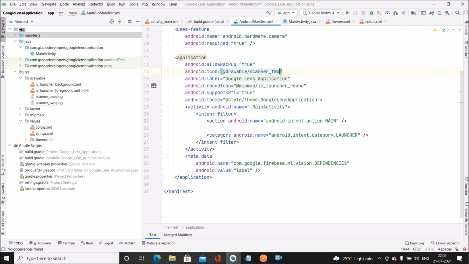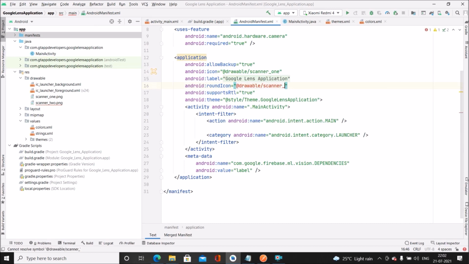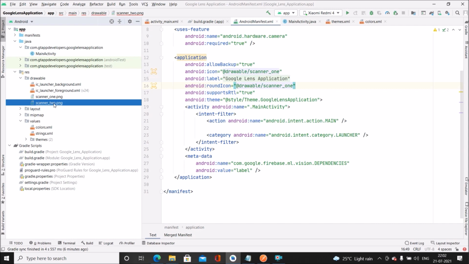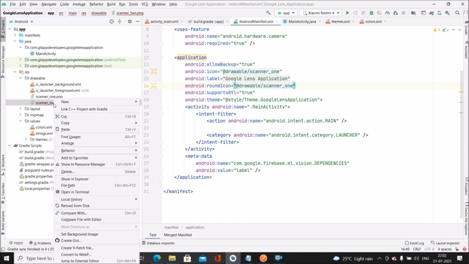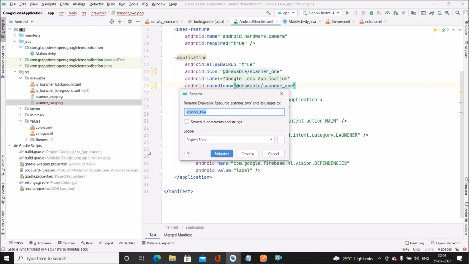So we are using the yellow one, so we will change it to scanner 1, and inside the round icon as well we will change it to scanner 1. We will be renaming this icon once again as it is showing error.